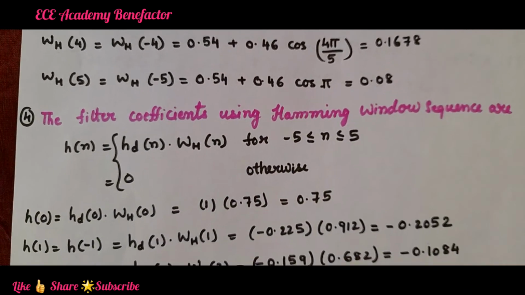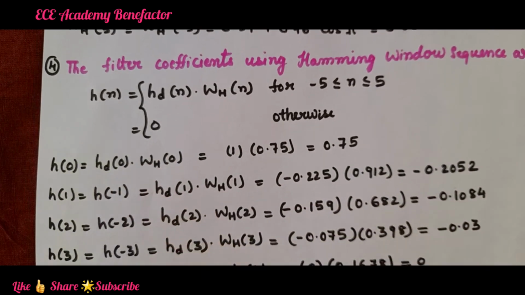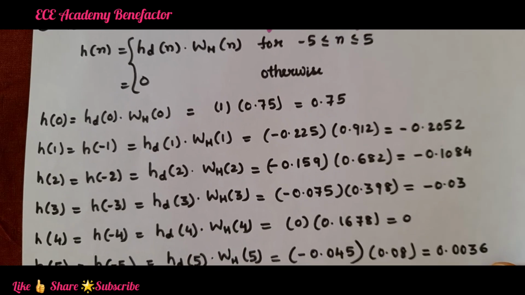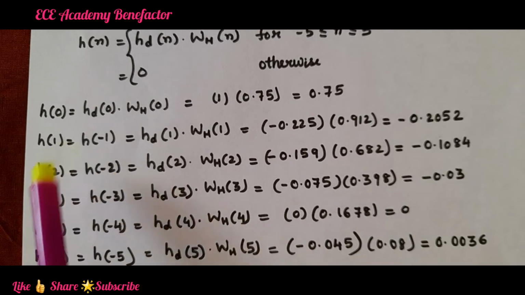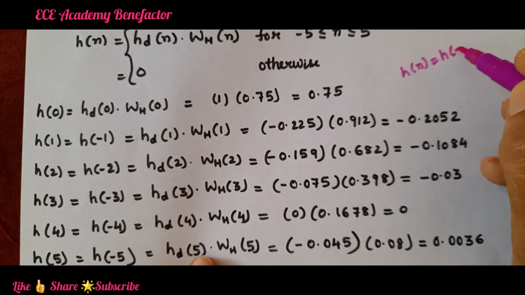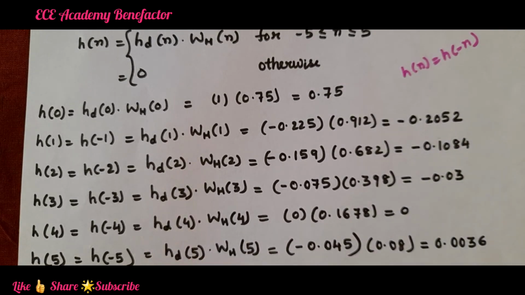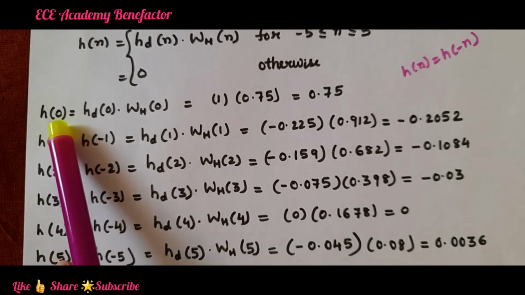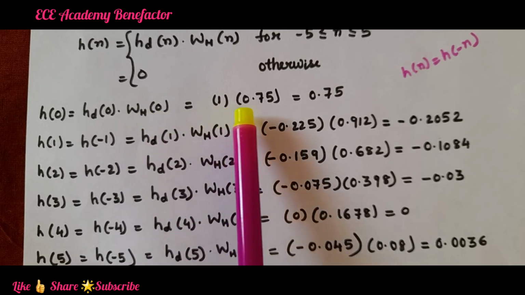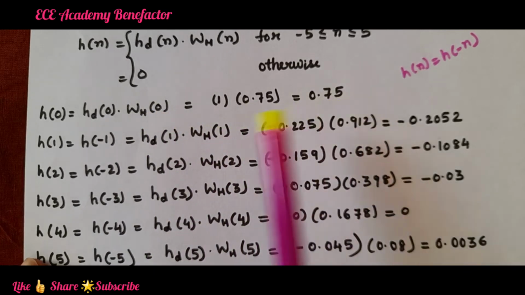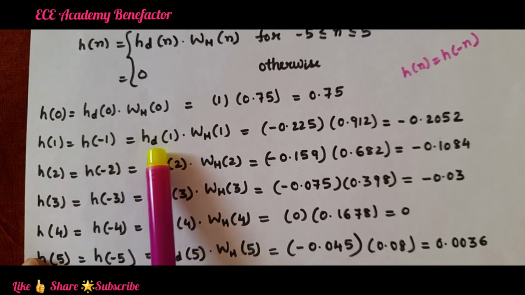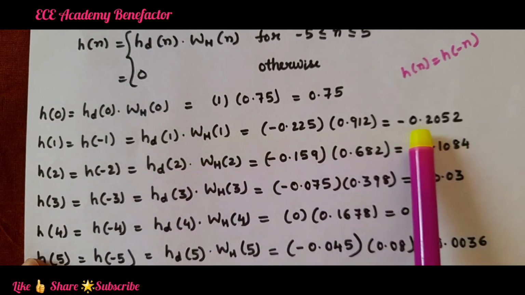Next we have to find H of 0 till H of 5. As we know HD of 0 and WH of 0, we can easily compute this. Here also H of n is equal to H of minus n because of the symmetrical nature. H of 0 is HD of 0 times WH of 0, which is 1 times 0.75, equal to 0.75. H of 1, which is equal to H of minus 1, is HD of 1 times WH of 1, which comes to minus